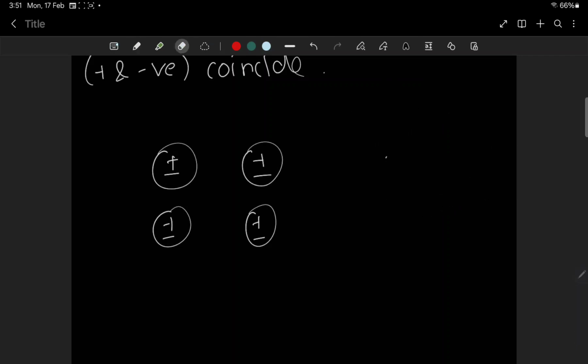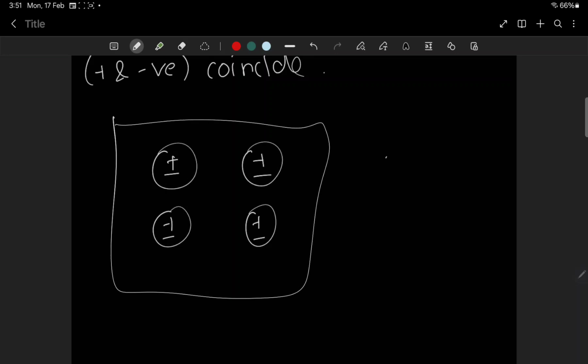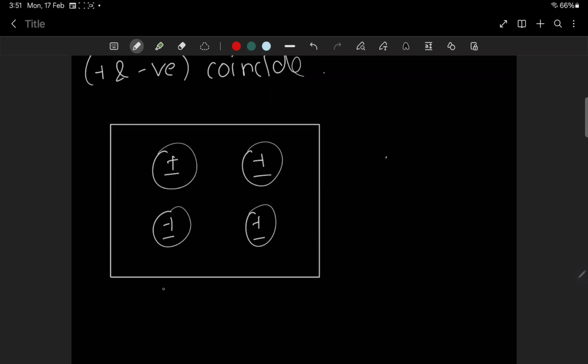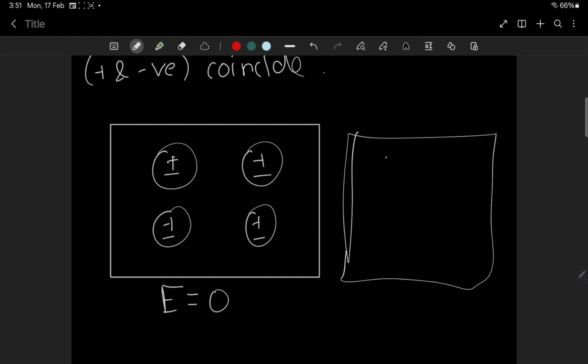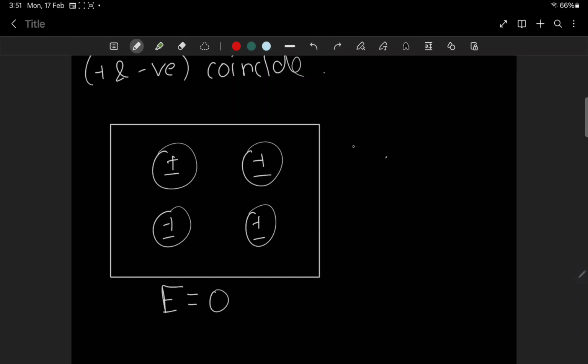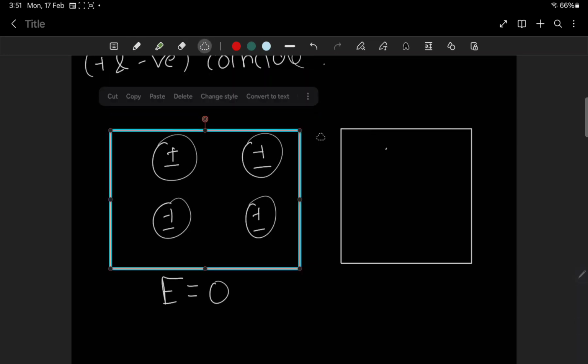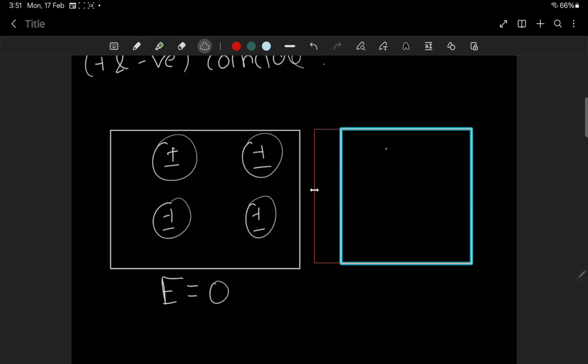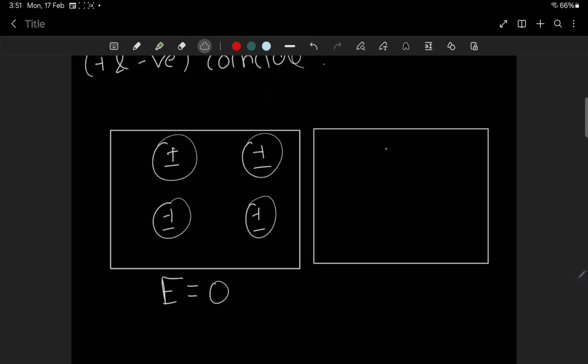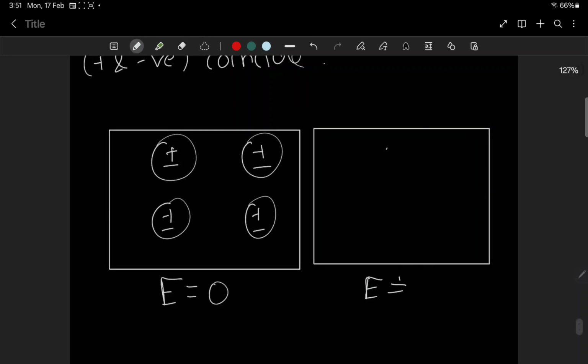When I keep these non-polar molecules in the condition where E is equal to 0, they are simply standing here. If I take the same molecules and make E not equal to 0...